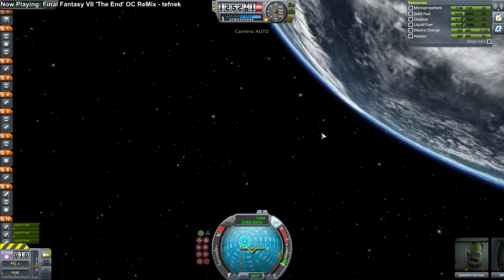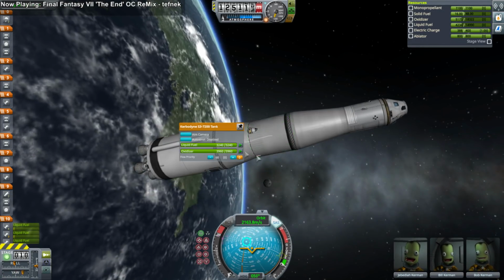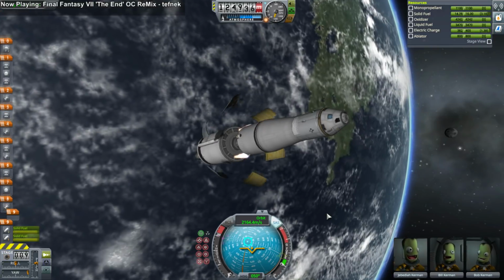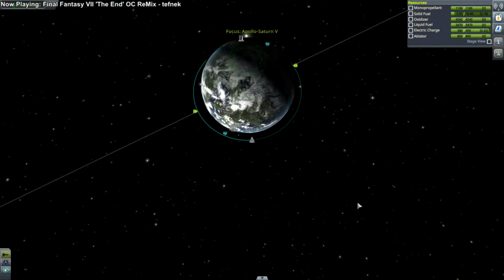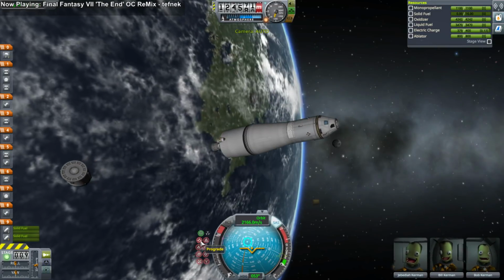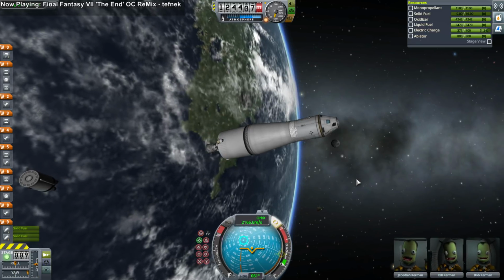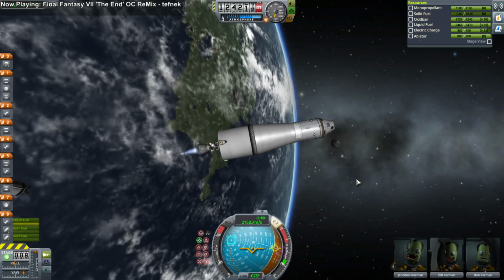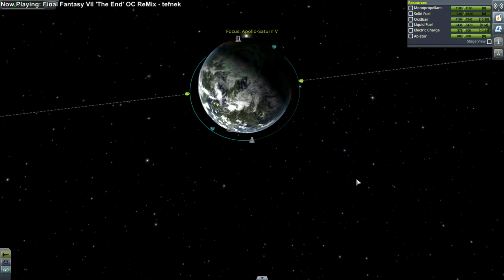Okay, so there we are in orbit, and we got to orbit on the second stage. We're not supposed to. Actually, we're a little bit short of orbit on the periapsis side deliberately because I really wanted to do the burn with the third stage that it's supposed to do to finish orbit. So in the real version, the third stage finishes orbit, shuts down, and then relights to send the payload to the moon. Here, we didn't strictly need to do that, but I decided to do this quick light anyway to fully make orbit,